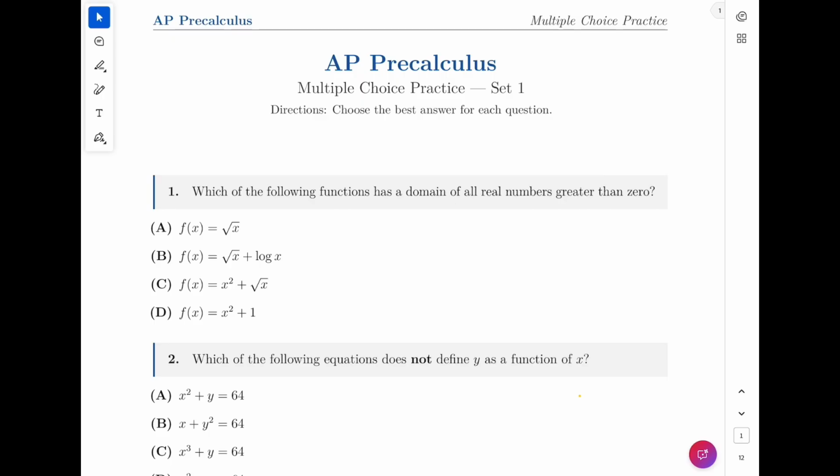Now I know that College Board does not give out the official multiple choice practice of AP Precal, and I was one of the first kids to have sat for this test the first time it was introduced. So I know exactly what questions they asked me on my multiple choice. So although I have made these questions on my own, I can guarantee you that these are very much relevant to your test. I have a total of 35 questions with me and I'll be having them in 5 videos